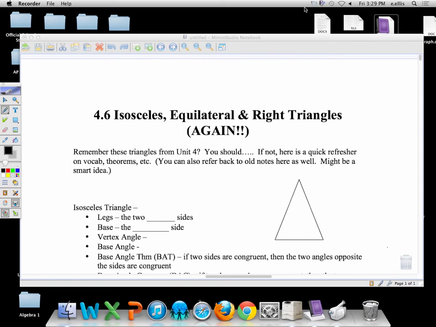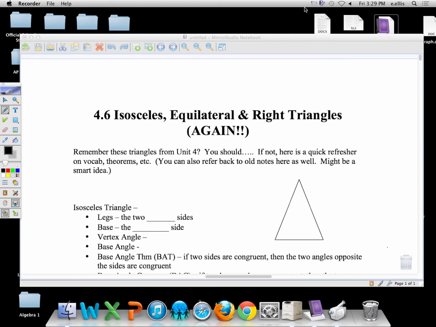Okay, geometry class. Today should be an easy day. We are learning 4.6, which is isosceles, equilateral, and right triangles. Again, we already learned them in Unit 4. So these are going to be extremely brief notes today, just to jog your memory. And then if you need more detail, you can go back to previous notes, or obviously you can also use